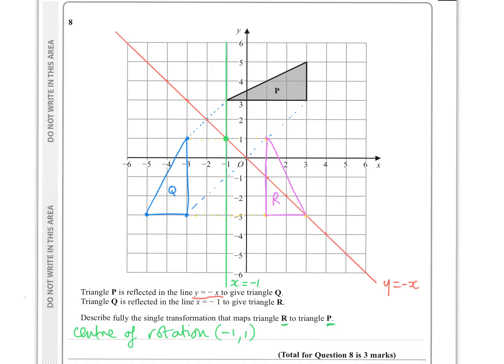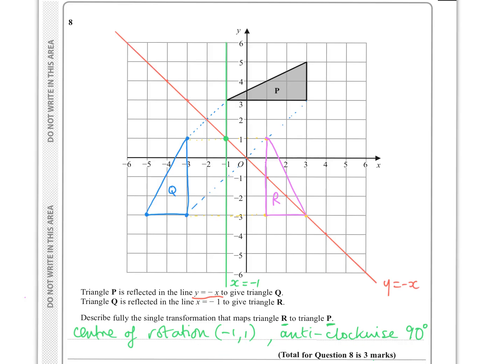Well, one nice way is to look at this line here. Can you see it ends up like this? So it's going to have to be rotated 90 degrees to get from a vertical to a horizontal. So 90 degrees is what we're going to need. So we can just write anti-clockwise 90 degrees. So I think as long as you've got the keywords rotation, the centre of rotation being negative 1, 1,